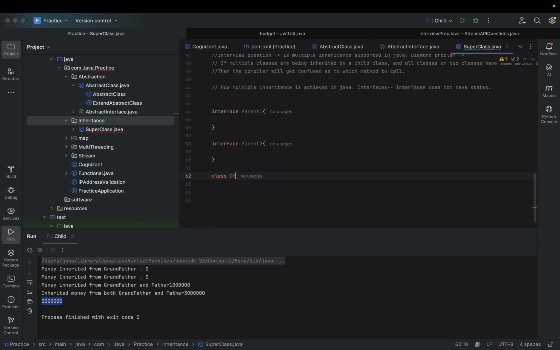Class child, or I'll just write it because I have to remove a lot of code otherwise. Interface parent1, parent2, it's able to do it. But now you will say default void do payment is out,